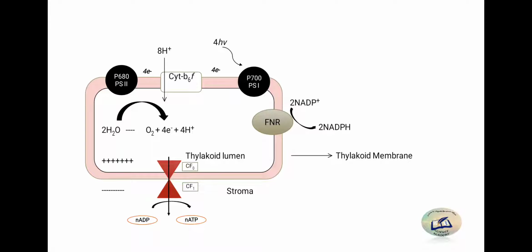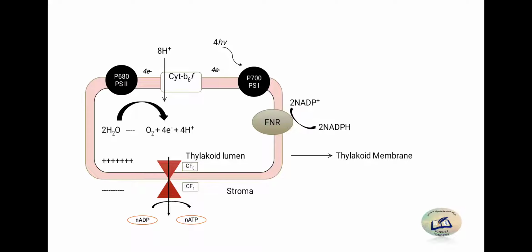Here is the diagram. The pink layers which you are seeing, the total thing, is of the thylakoid. The outer membrane is the thylakoid outer membrane, and then the inner membrane of the thylakoid. The inner portion, the white portion, is known as the lumen, and the outer portion, the matrix outside the thylakoid, is the stroma. You all know that. Now about the particles.